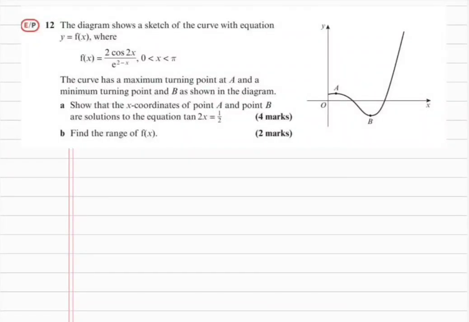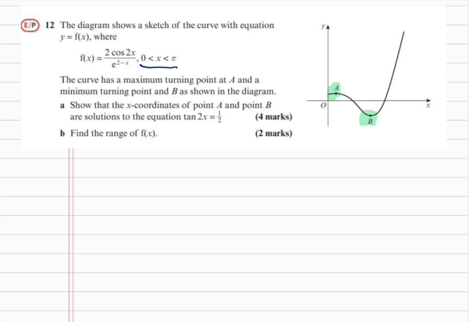Hi everyone, this video is on exercise 1E question 12 of A-level maths pure 2. So we have a function f of x and we also have the diagram, and the function is basically valid for the values of x between 0 and pi. So the curve has a maximum and minimum turning points at A and B, as you can see on the diagram. And the first part says show that the x coordinates of points A and B are solutions